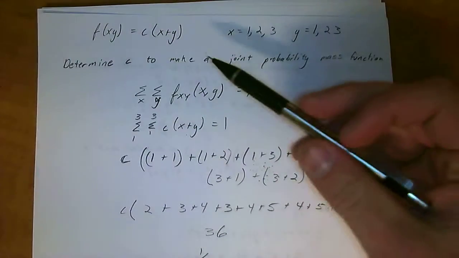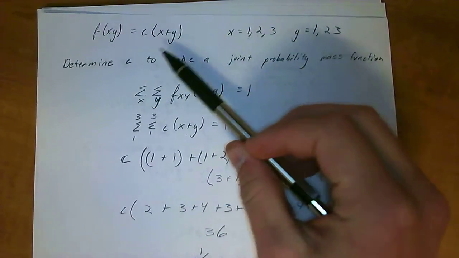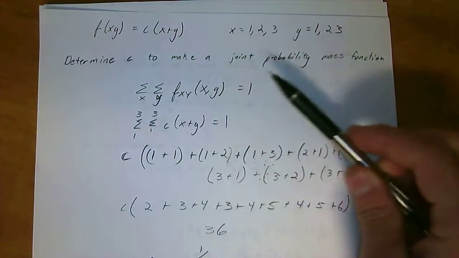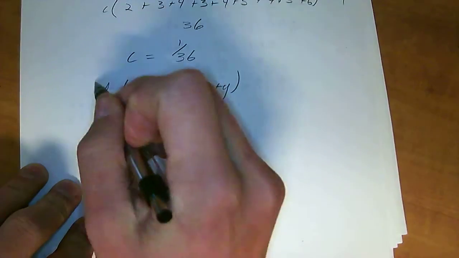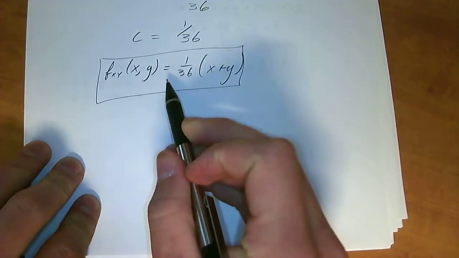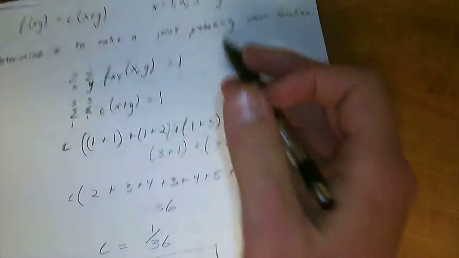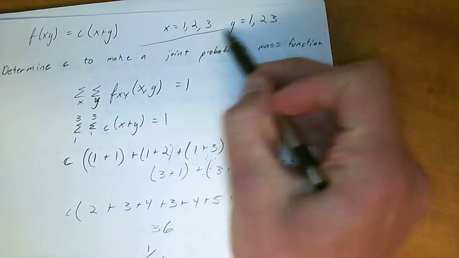Okay, so in my last video, I showed how you could find C of a mass function in order to create a joint probability mass function over a certain range. And we get this equation right here. But now we're going to use this equation to find the actual probabilities of specific points within this range right here. So, going right into that,